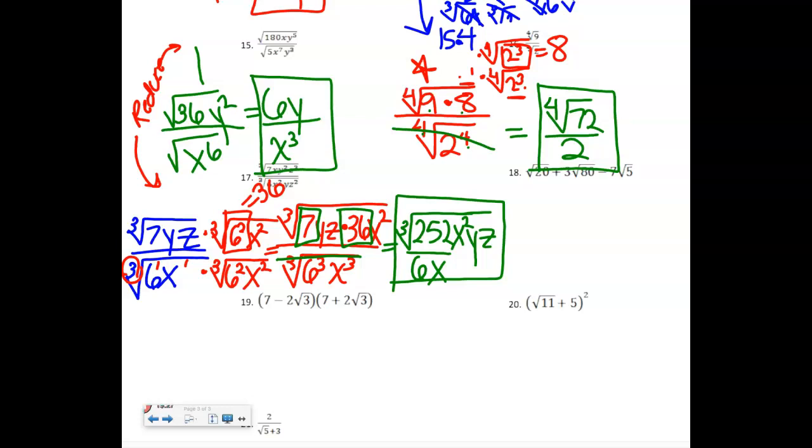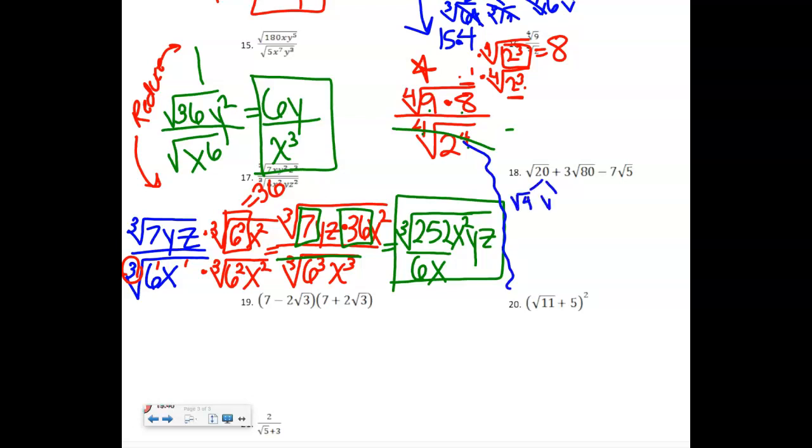So reminder to look to reduce first. Now this one right here, this is when we're combining like terms. Now reminder, the only way to combine like terms is if they have the same root, okay? So 20, for example, I need to split this between 4 and 5,